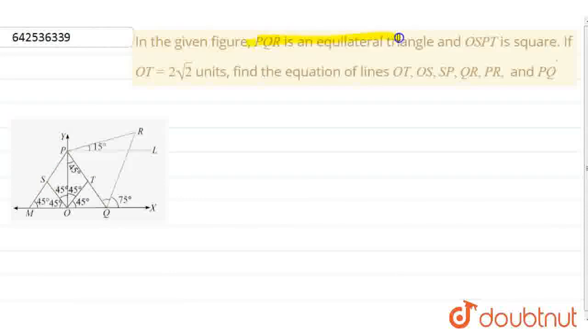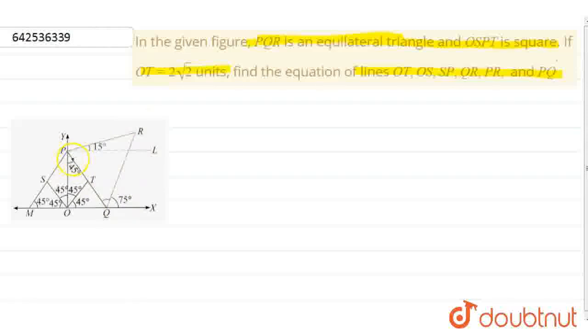In the given figure, PQR is an equilateral triangle and OSPT is a square. If OT is equal to 2 root 2 units, then find the equation of line OT, OS, SP, QR, PR and PQ. Okay, so from the figure we can see that